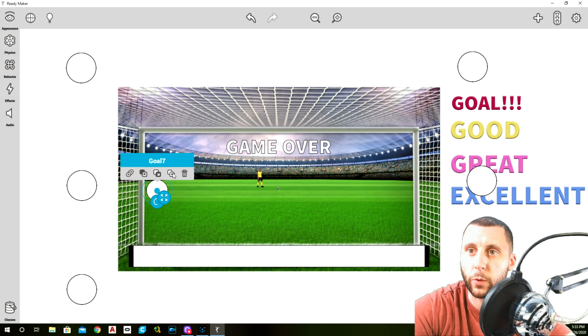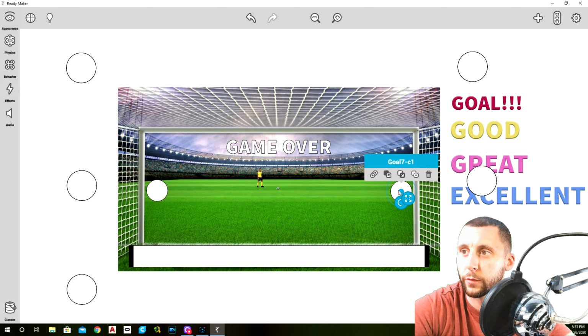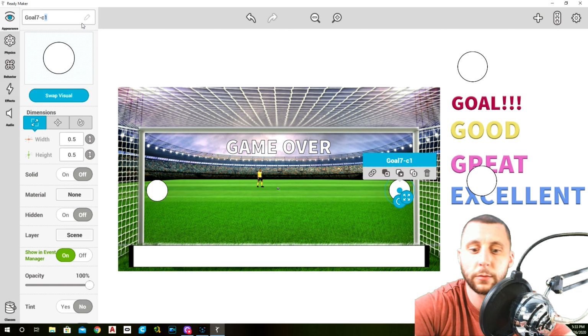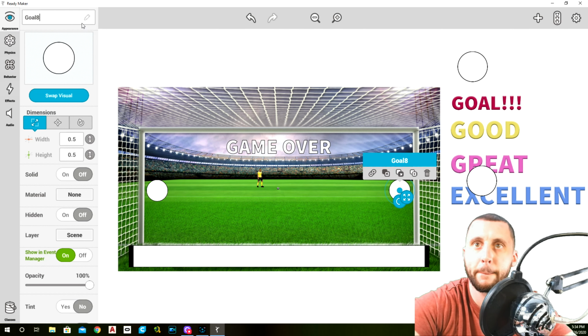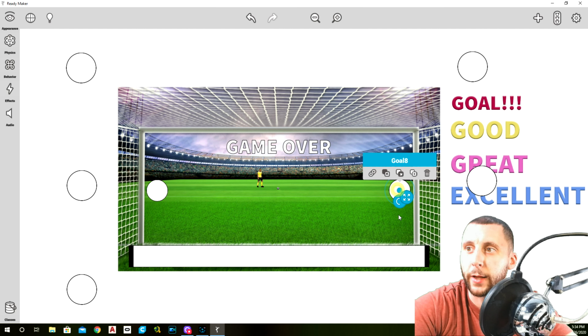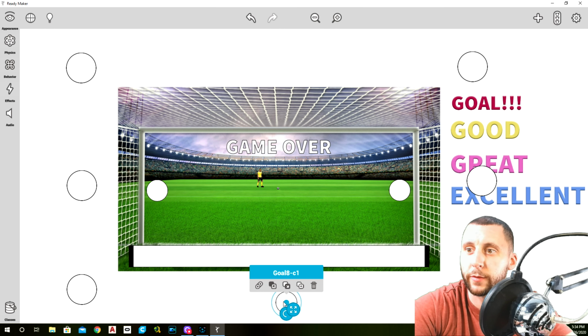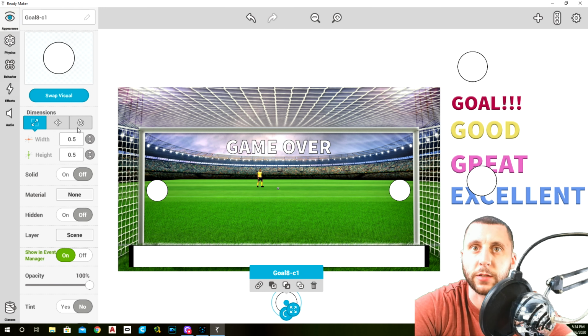And then you take this one and you copy that, and you're going to go over to here and you're going to call that one goal 8. All right, now take 8, copy that one, move that out for a second, change the size to be